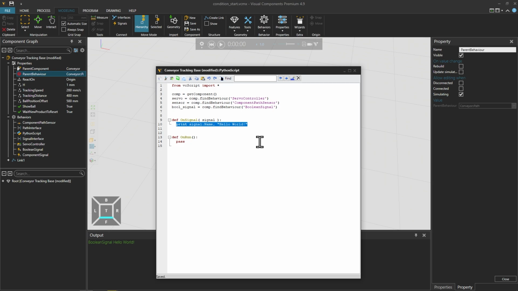And we could also filter out signals because this same Python script can actually listen to multiple different signals. In our case, it's only one signal, but it would be a good habit to actually filter it out in some way. So filtering out generally happens with if clauses or if statements. So what this now tells us is that if the signal's name is Boolean signal and its value is true, we can now do something. So in our case, we could stop the conveyor.